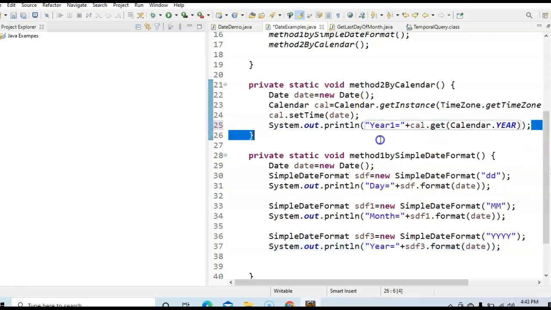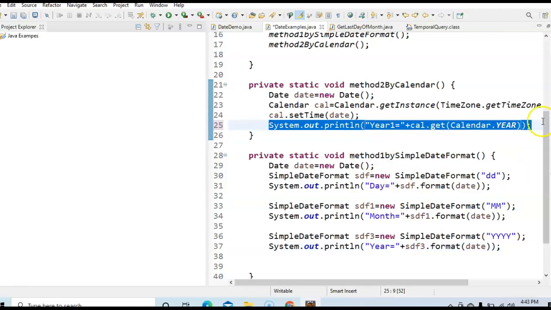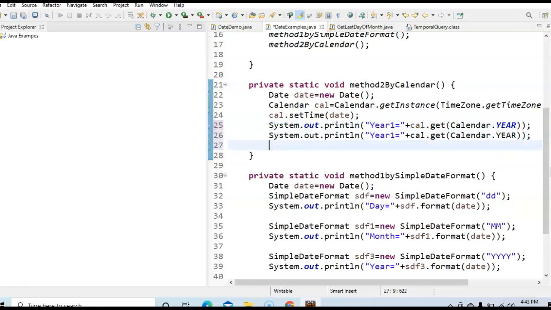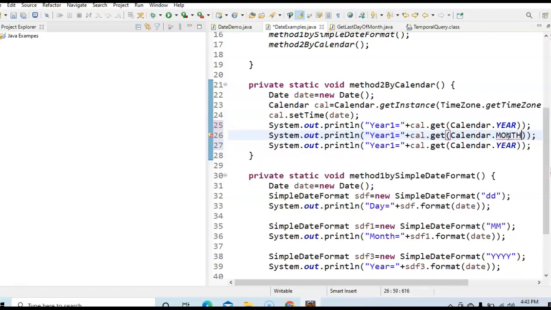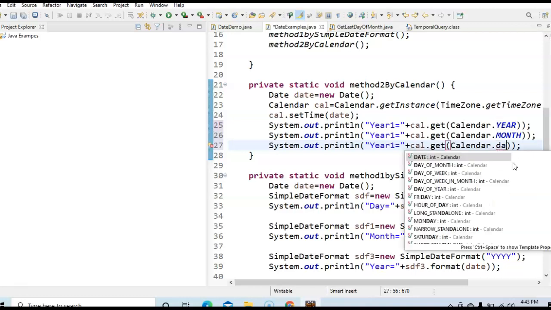Now after this, what we'll be doing, calendar dot month. So how do we get the calendar dot month? So just say calendar dot month. And then finally, what we need to say, calendar dot day.